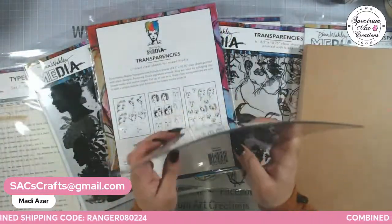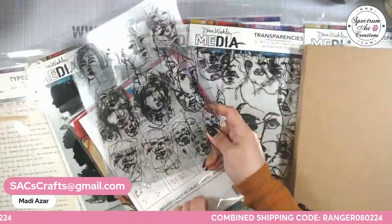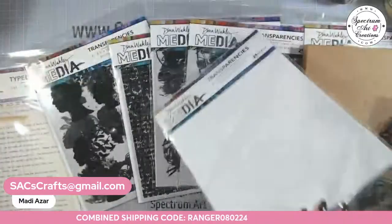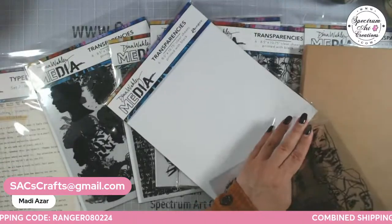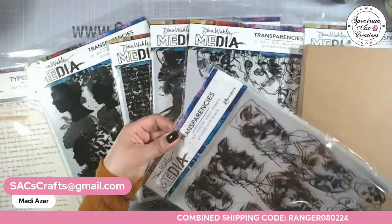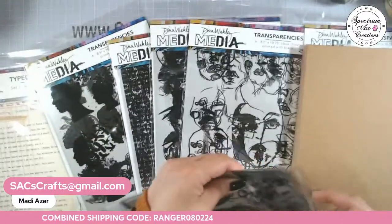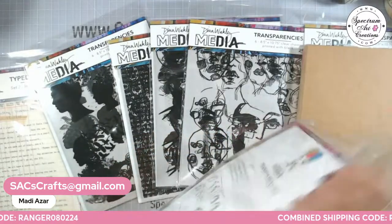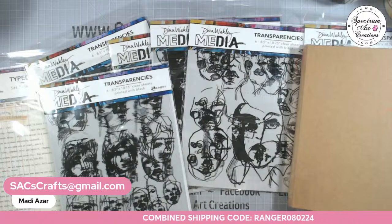You can put them in front of text, dictionary pages, pockets. You can turn them into pockets because again, remember, it is thick transparencies. So they themselves can become pockets in your journal. So not only adding a touch of artistic, but making them also functional. You can make them into flips too, by the way. So let's take a look here at